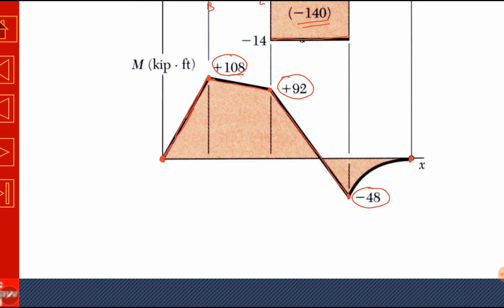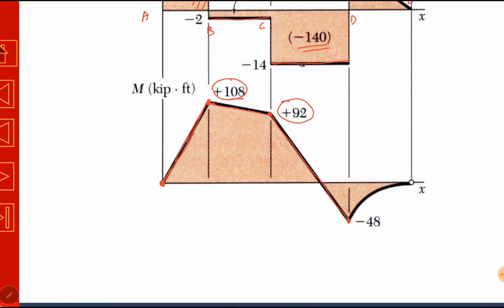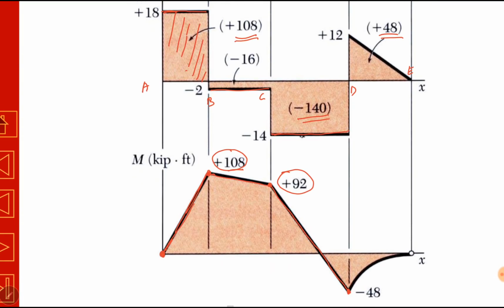Now it can be clockwise quadratic or counterclockwise quadratic. It can be like this, or it can be like this. Which one to follow? So we will see. This is a convention. If the slope of the shear force curve between 2 points is decreasing, the bending moment curve will be counterclockwise. And if the shear force curve slope is increasing, then the bending moment curve will be